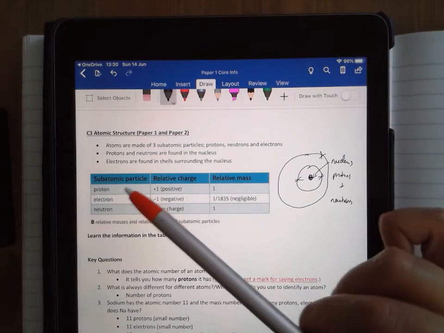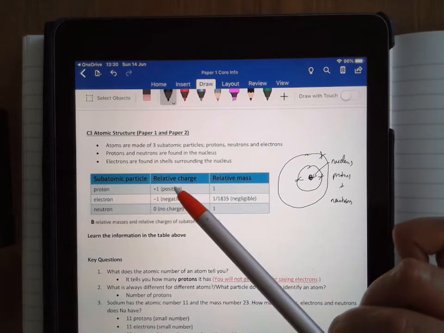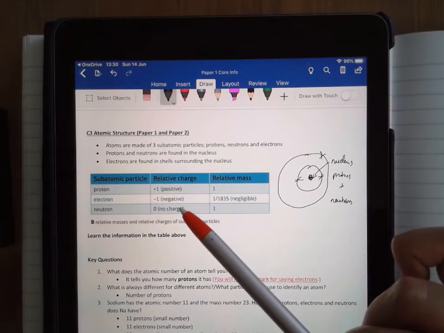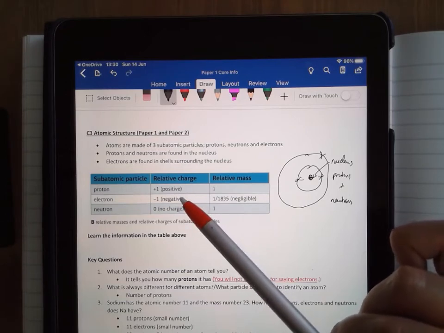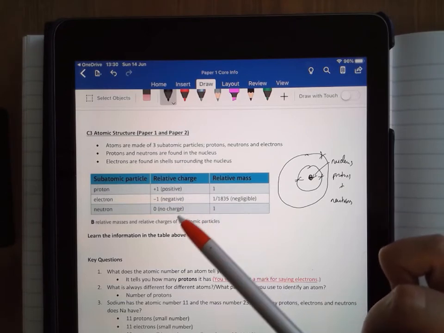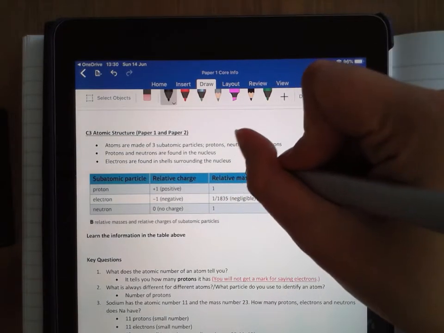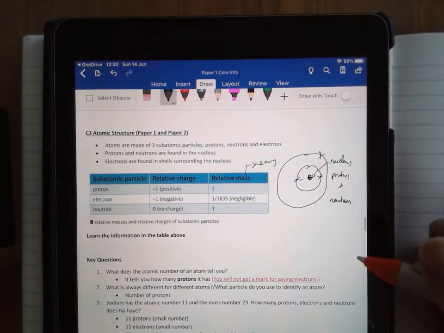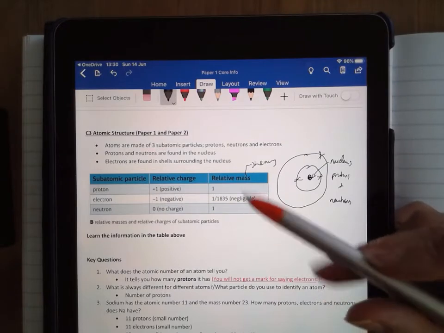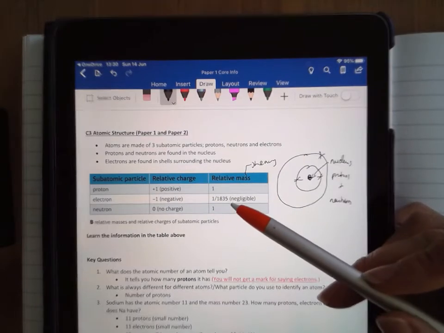Okay, for each particle, you need to know the charge. So is it positive or is it negative? Protons are positive, electrons are negative, neutrons are neutral, they've got no charge at all. You need to know the mass, okay? You need to know how heavy each particle is. Protons and neutrons both have a mass of 1. Electrons have a mass that's